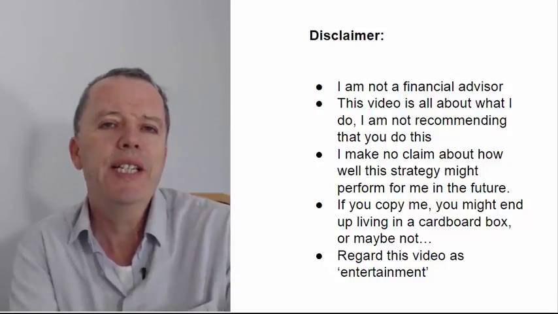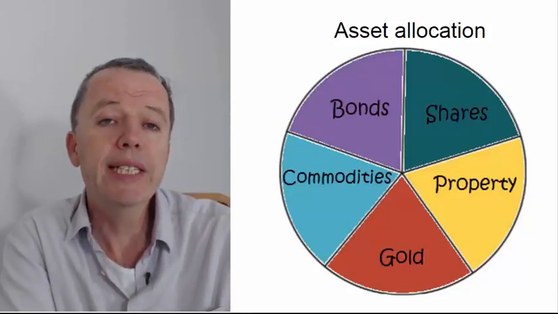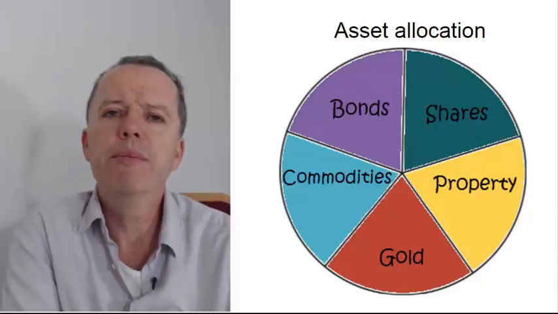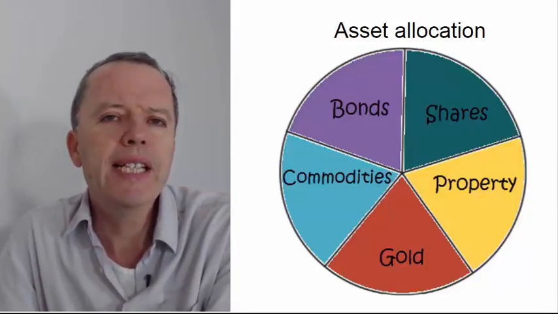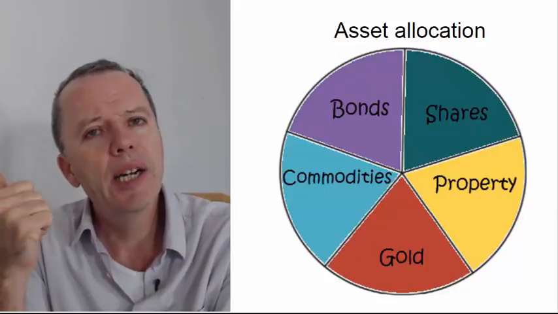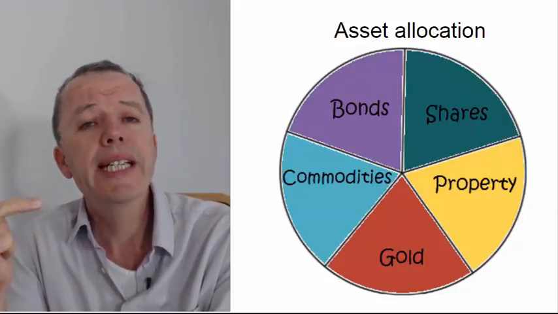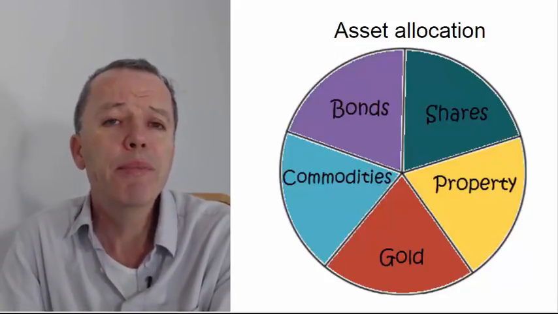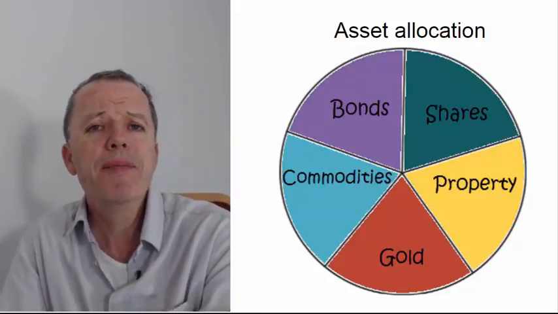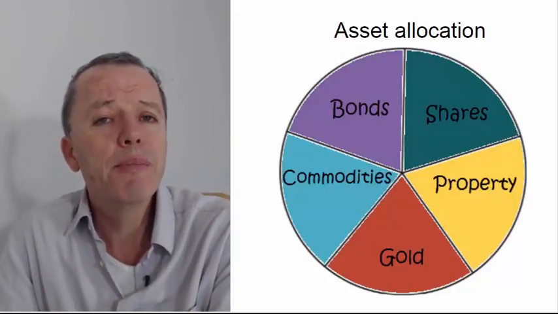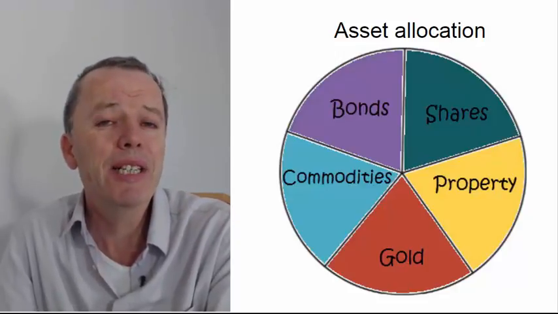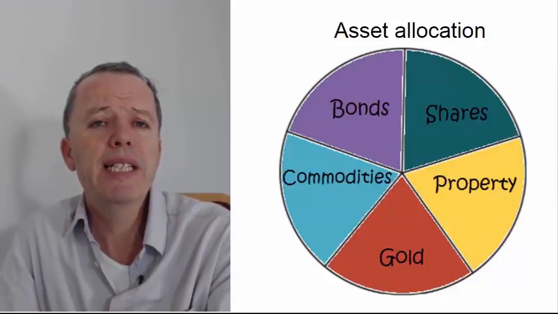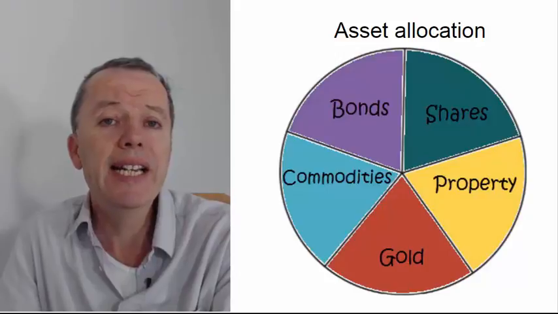So what I do is look at different asset classes each week and decide whether I want to be invested in them fully, or whether I don't want to be invested in them. Now, the different asset classes that I look at are shares, property, gold, commodities, and bonds. Now, these are different places that anyone can put their money, and people have different ideas about where the best place to put your money is, and it's quite confusing, I think, to know. So I like to have a look at each of the asset classes each week and decide whether I want to be invested in that asset class or not.